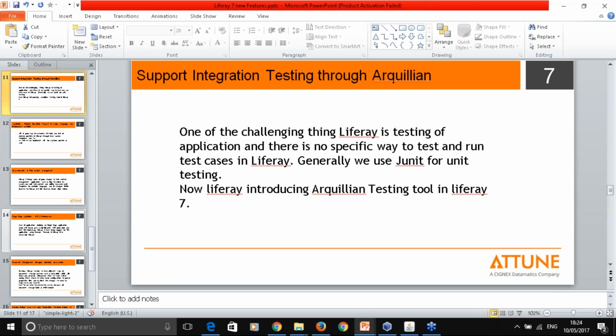This I discussed already. Support for integration testing through Arquillian. Liferay 7 has introduced a new testing tool that's called